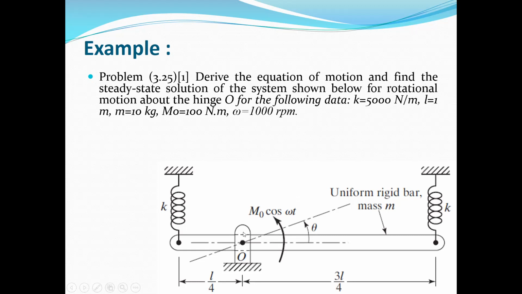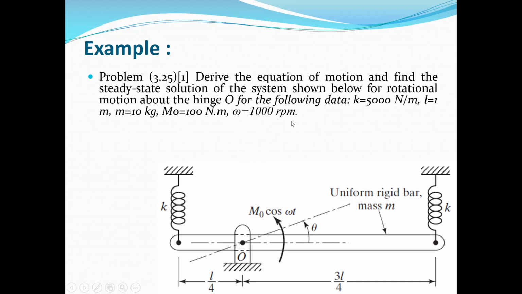about point O, and the data is: the stiffness is 5000 Newton per meter. We have two springs with stiffness each 5000 Newton per meter. The total length of the bar is 1 meter. The mass of the bar is 10 kilogram. M naught, or the amplitude of the excitation, is 100 Newton meter, and omega, which is the frequency of the excitation, is 1000 RPM. First of all, I should mention that we need to convert the frequency from RPM